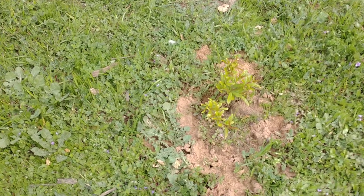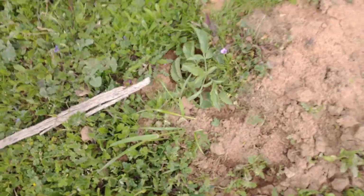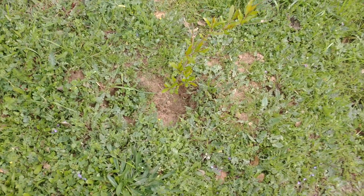And then in these little spots here, this is pomegranate. I grow lots of pomegranate. There's an elderberry bush, pomegranate,